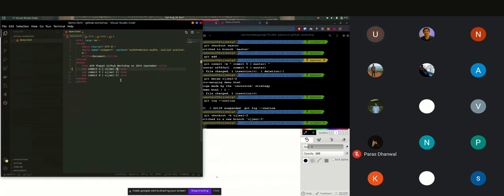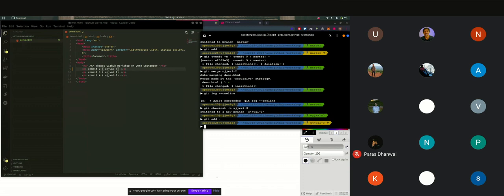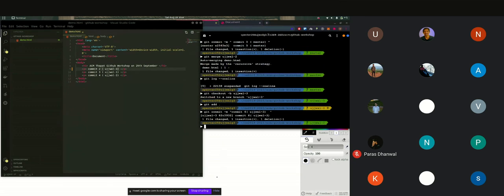I saved the changes. I added the changes to the staging area. I took a snapshot of those changes. Just need to commit it. Okay.